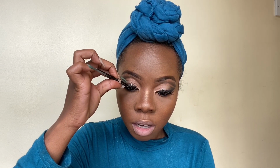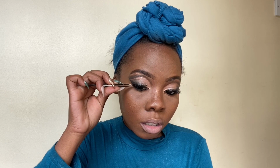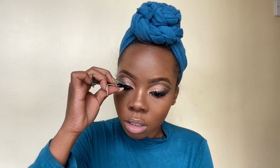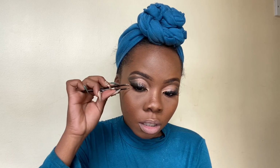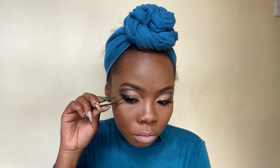So you apply the middle part first. When you're applying your eyelashes, the middle part first, then go to the side or the edges of your eye and then go to the beginning or the corner of your eye, and then just make sure it sticks. And then after that, use your tweezer to just bring them closer together, your artificial eyelash and your real eyelash. But I'm going to do a more detailed eyelash tutorial on how to apply your eyelashes,